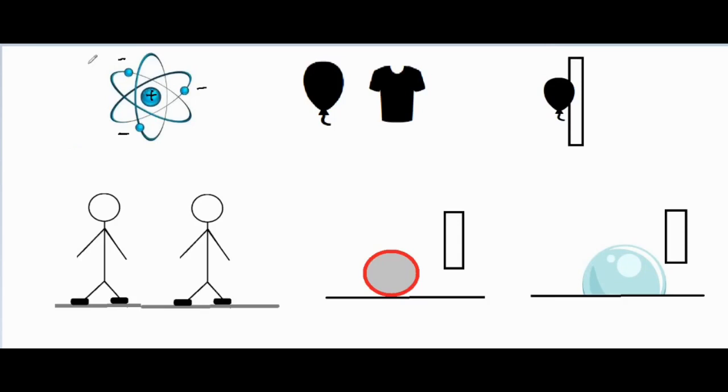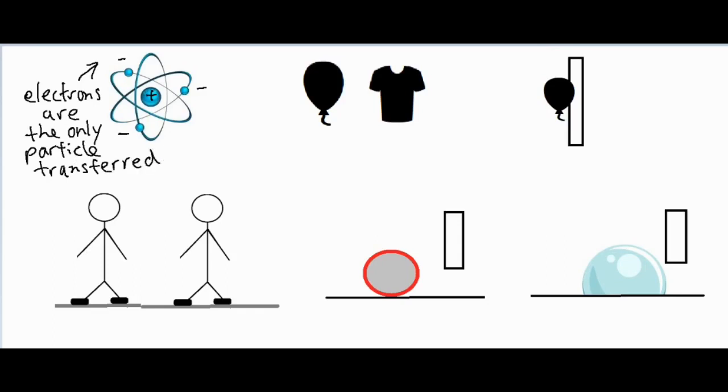With that being said, the importance of that is knowing that the electrons are the only particle transferred. So since the protons can't be pulled from the nucleus, the electrons are going to be the ones that move from place to place. Now, if we take a look at a couple of common cases,